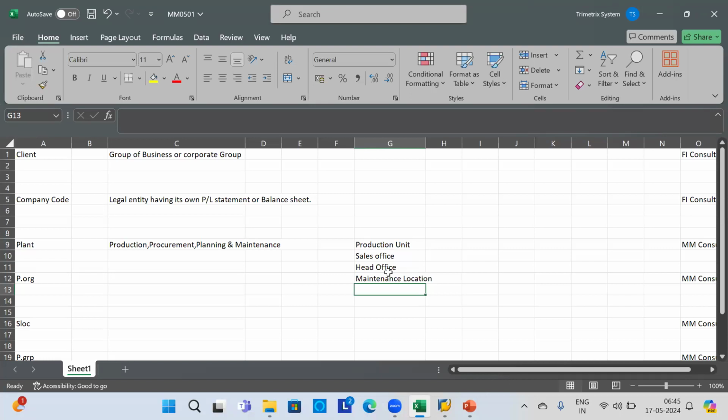Now, these Shirwal and Ranjangaon plants come under the Pune area. So while doing the production planning, are you considering these two locations as the same unit or are you planning separately for Ranjangaon location and for Shirwal location? Okay, if you are doing it separately, okay, then these two locations will be considered as separate plants in